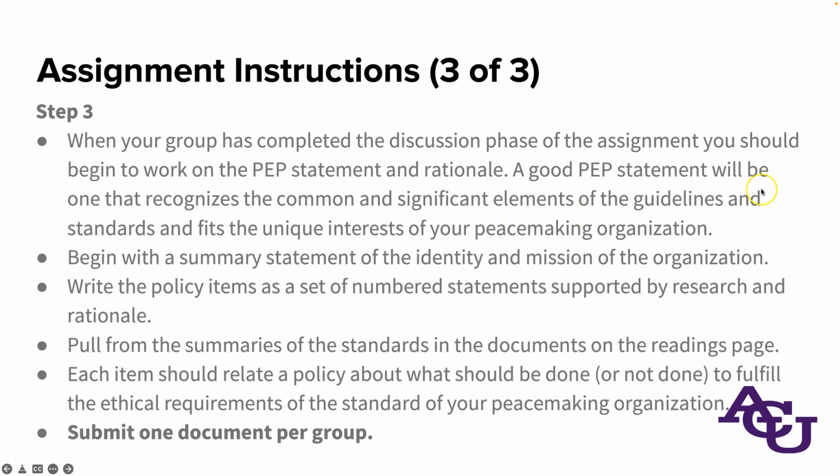A good PEP statement will be one that recognizes the common and significant elements of the guidelines and standards and fits the unique interests of your peacemaking organization. So you should be not only stating things that align with the other standards, but pointing out how and why they do that, and how that is suitable to your particular mission. And if you've been working out in the discussion, this should be very easy because you're going to be drawing on and paraphrasing the material that was already written about what this organization is, what its mission is, and